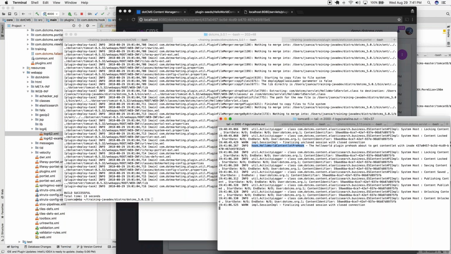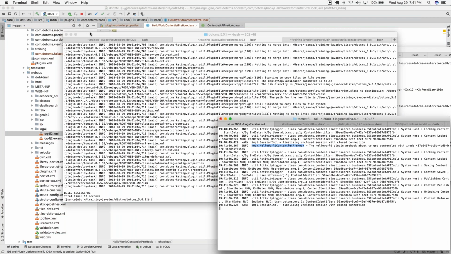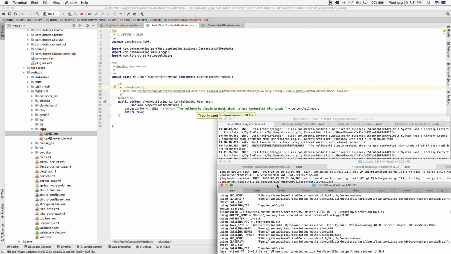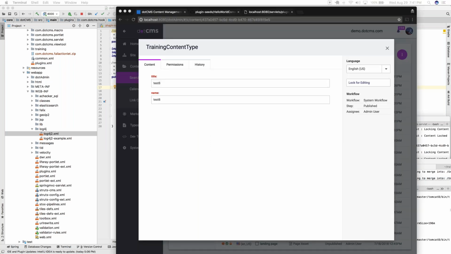So the example is very, very simple, very straightforward, but yeah, you can do more complicated things. Actually, I have used hooks in the past when I need to do validations, I think, to the content. Basically, when you want to leave the user the opportunity to, for instance, edit the contentlet, but you want to make some validations over